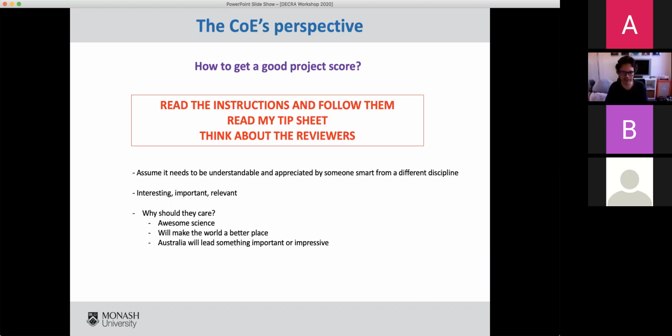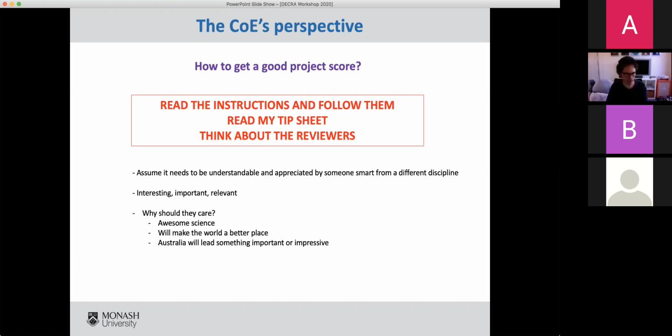You want your grant to be clear about why it is important and relevant, and you want your grant to be interesting. You want it to be something you're excited about, because that excitement is easier to convey. It's easier to make a piece of writing come across as interesting if you're excited about it. So this is where giving yourself some time can be important. If you are bashing this out in the last 2 weeks, desperately tired and stretched in all other ways, it's really hard to get that excitement through. And you want them to care. So you want the science, the maths, to be amazing. You want to make it clear why this is going to make the world a better place.